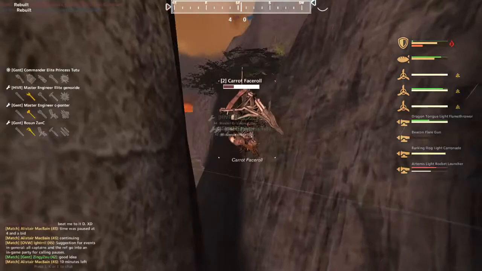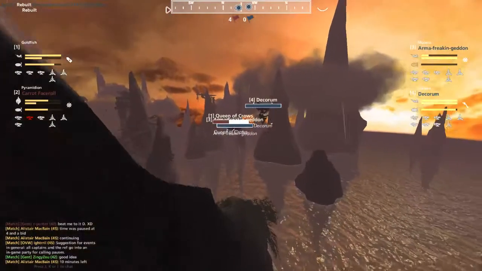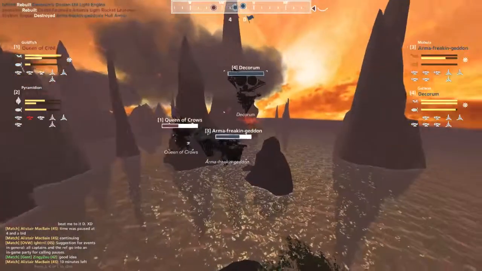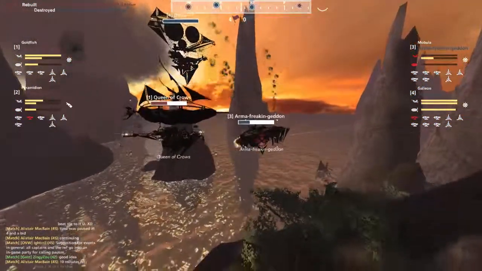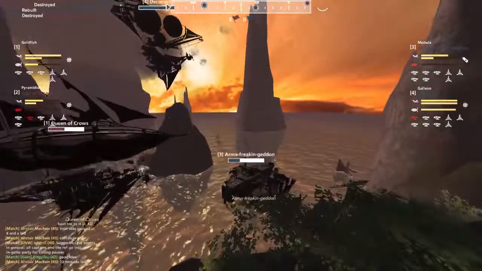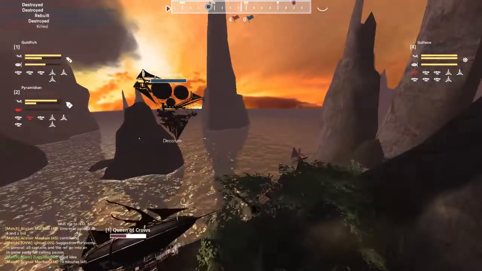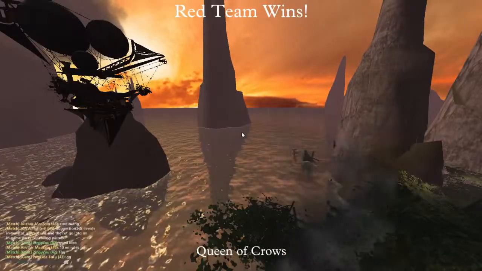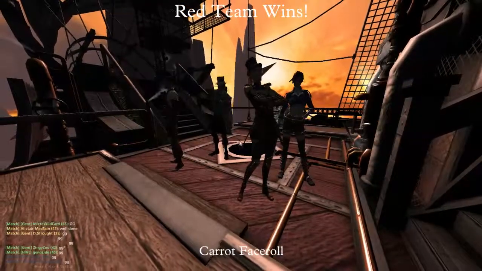It's backing up behind cover. It may actually be able to get out of this, but that's going to leave the Queen of Crows all alone. And despite its really good positioning, I'm not sure it can deal with two ships, especially when the broadside of the Galleon is coming into arc. Armor Friggin' Geddon dropping. Queen of Crows needs to get this kill quick so they can get out. Armor Friggin' Geddon bottoms out early. And it falls. Mad Hatters picking up the victory,